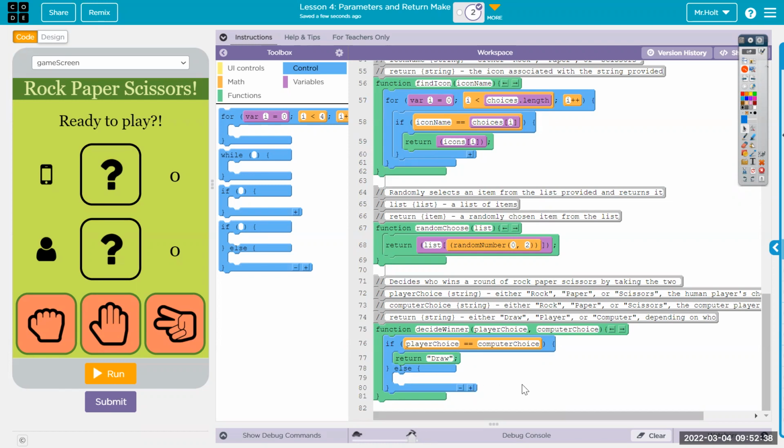Now, we have a couple choices. We have 3 player choices, and we need to compare it against 3 computer choices. We could do a series of, if player choice is rock and computer choice is paper, return computer, and so on. And every one would be a compound